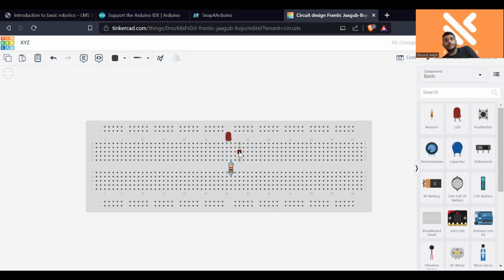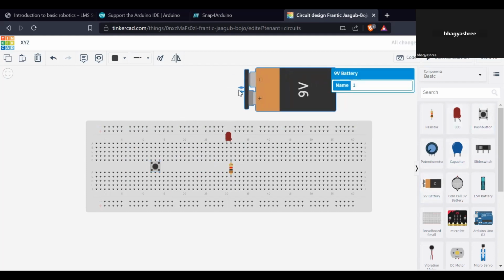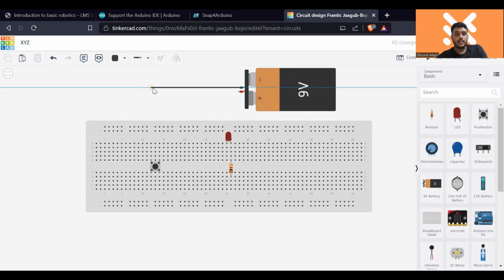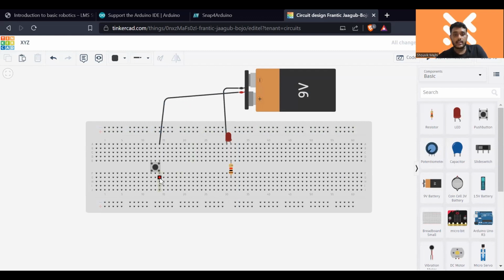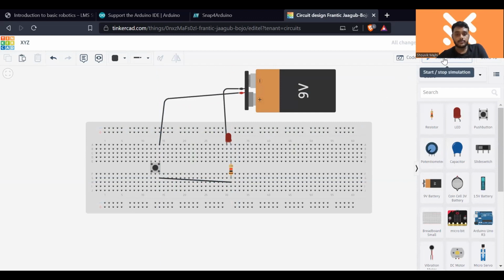So similarly, I'm making the connection for the push button. This is my push button and this is my battery. Again, I connect the negative end to the cathode, and the positive end has been connected with one end of the push button, and the other end has been connected to the other leg of the LED, which is connected to a resistor. If we start simulating,